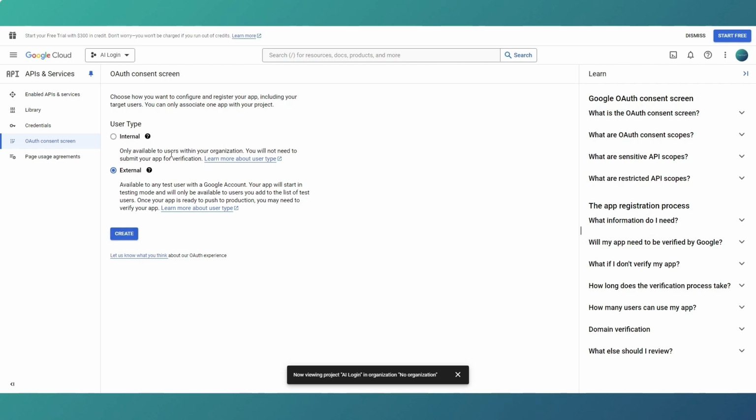So basically internal is for people within your own organization, therefore you don't need to submit your app. External means you are using external users, i.e. a public app, which is obviously what we're building, and you may have to get your app verified by Google, but to get it testing you don't need to do that. So to go through this process and finish the tutorial, you will not need to do this. However, if you are going to publish your app and put it into production, Google may need to review it and approve it for use with Google Auth. But if we click on create,